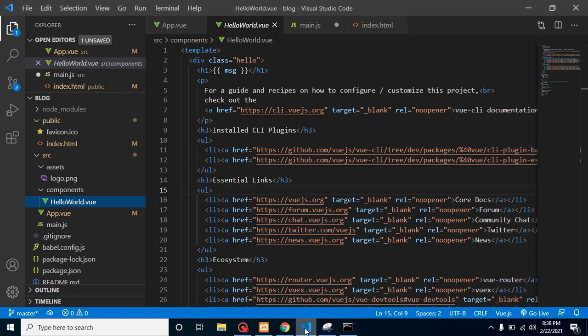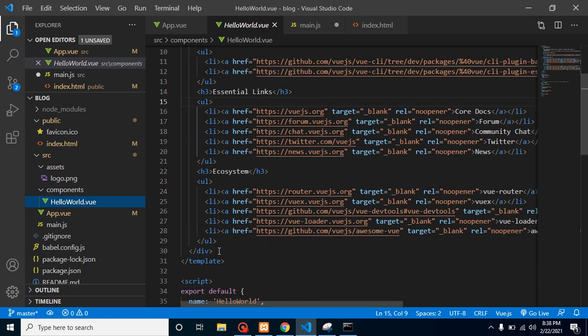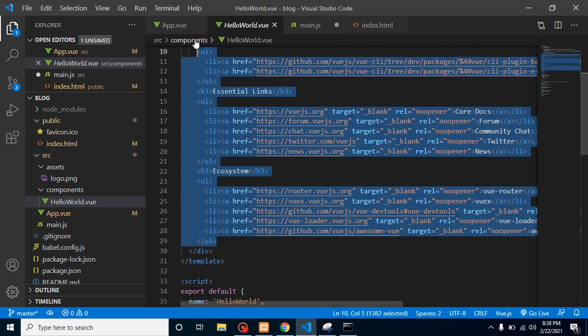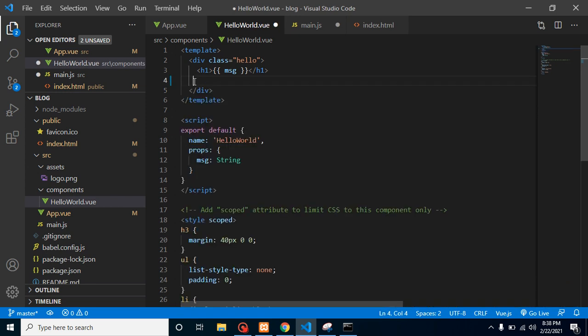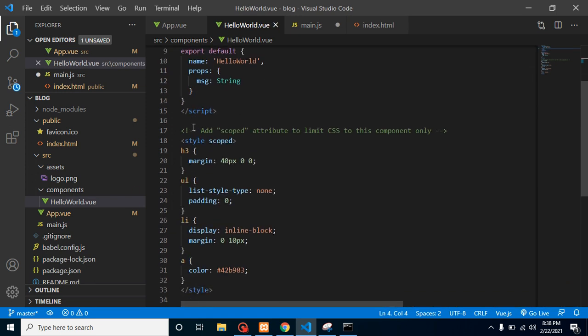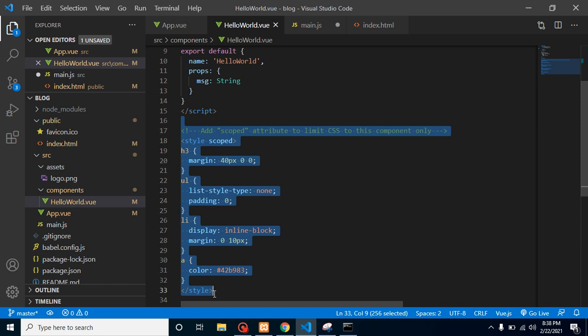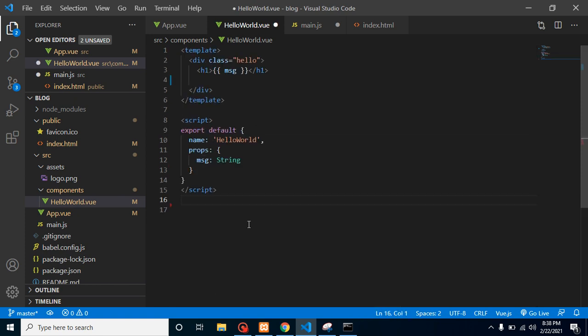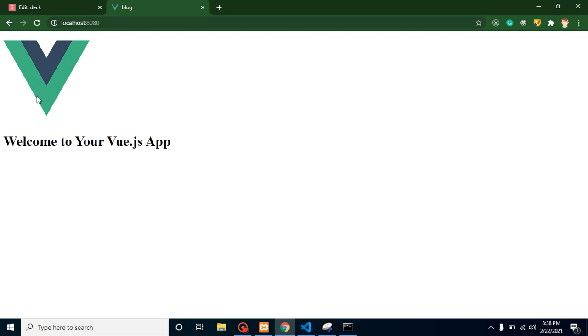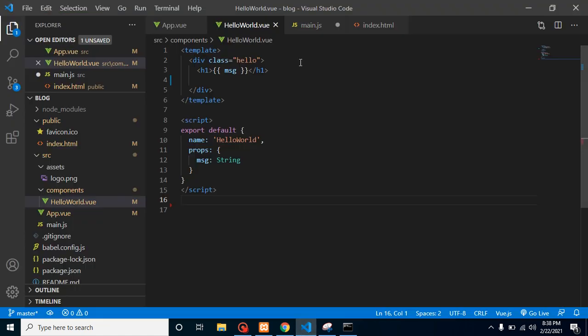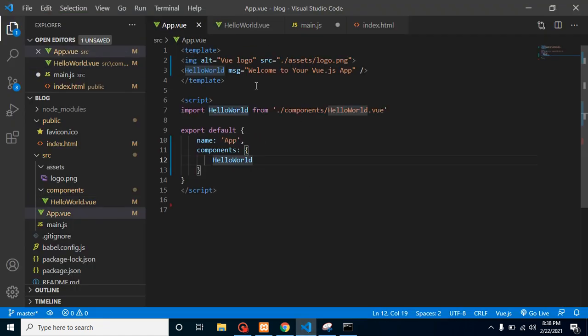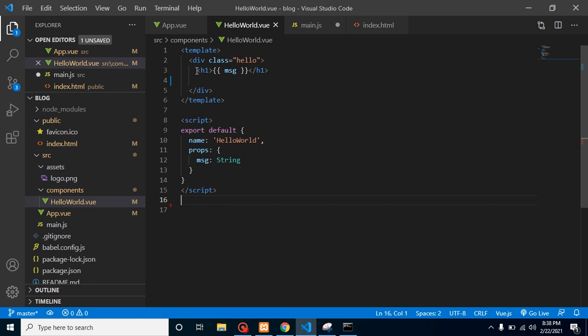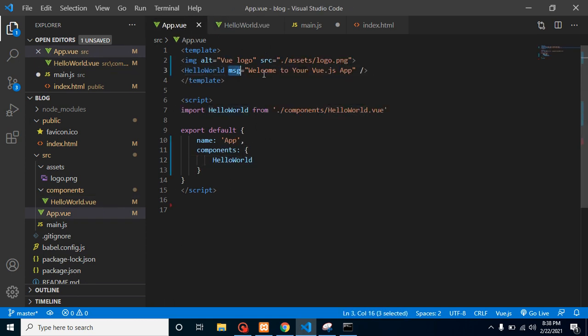I will show you. I can see that this code is also extra, so we can remove it for a moment. Here you can see that, and I just want to remove this style also, because we are not learning style in this video. I want to show you the minimum code here, right? Now you can see that we have an image and we have some text, and this text is being passed from App.vue to here. Here you can see that this h1 tag is placed, and the text in a message property is passed from HelloWorld.